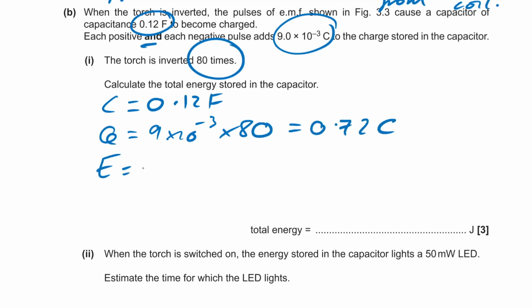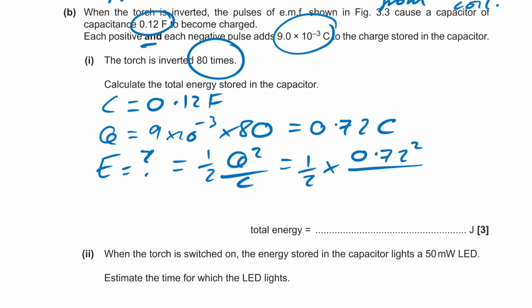And so we're looking for an energy. Therefore we're going to use the equation half Q squared over C. So that is half times 0.72 squared divided by our capacitance. However, that doesn't give us the right answer. Why? Because